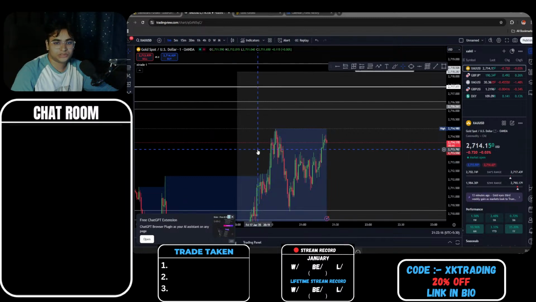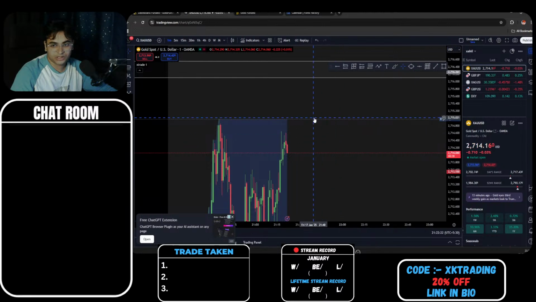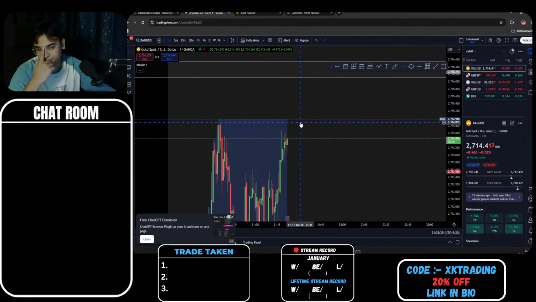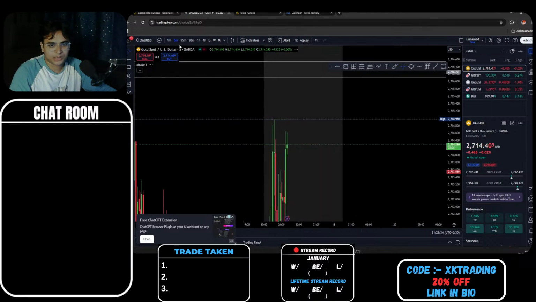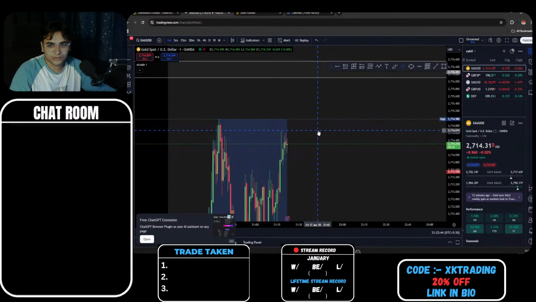So yeah, we still did not break the high yet, and the momentum is not looking good. But we need to see if we are breaking above or not. Once we break above, then I want to see how the momentum is. According to me, the five-minute candle will be closing soon, right? Yeah, we did close here, and once we break above this high, then we will see the push.